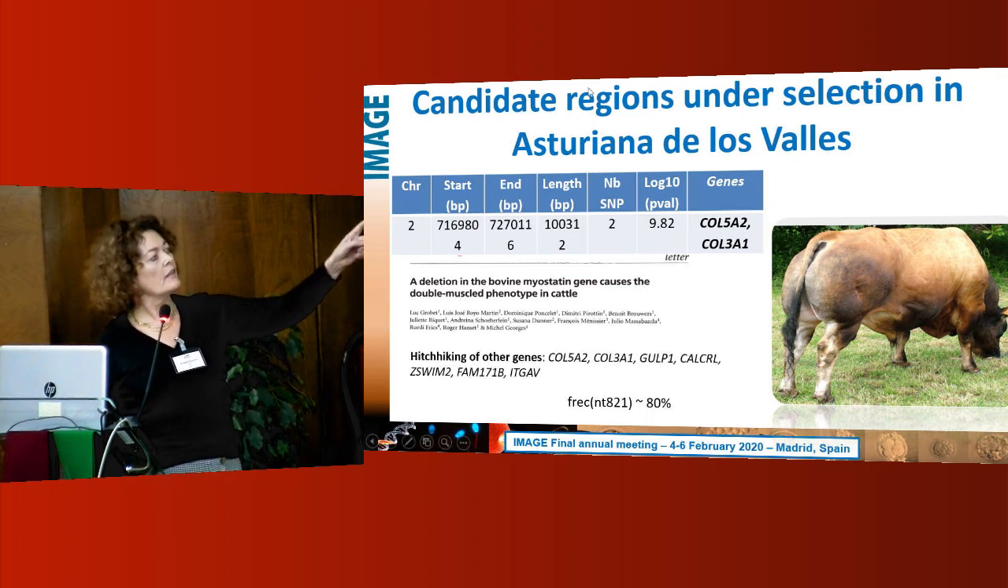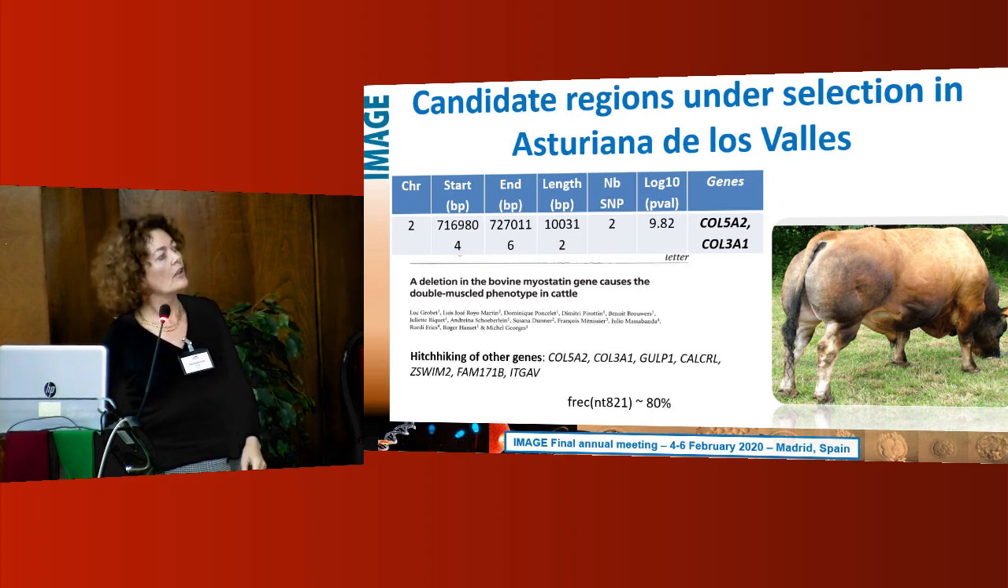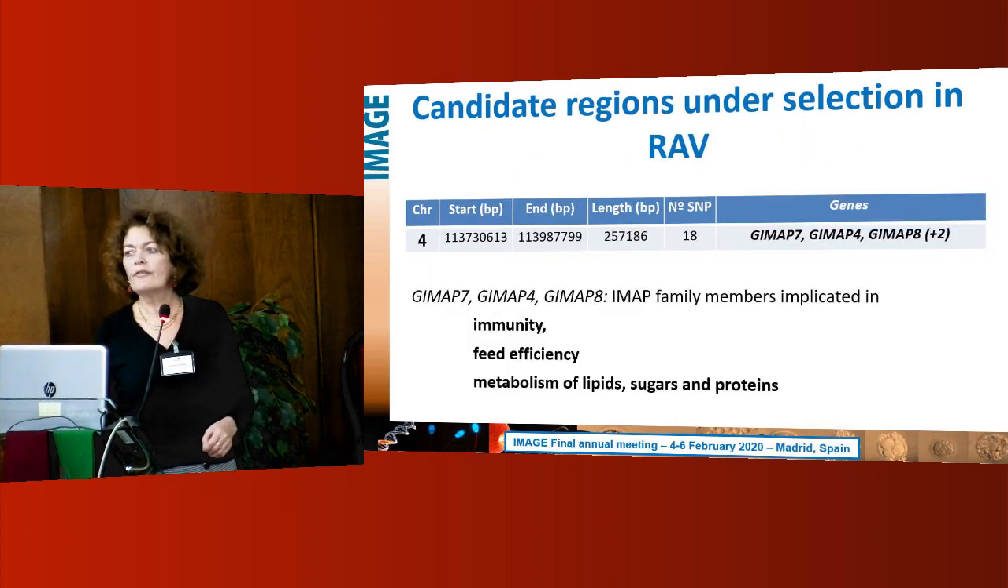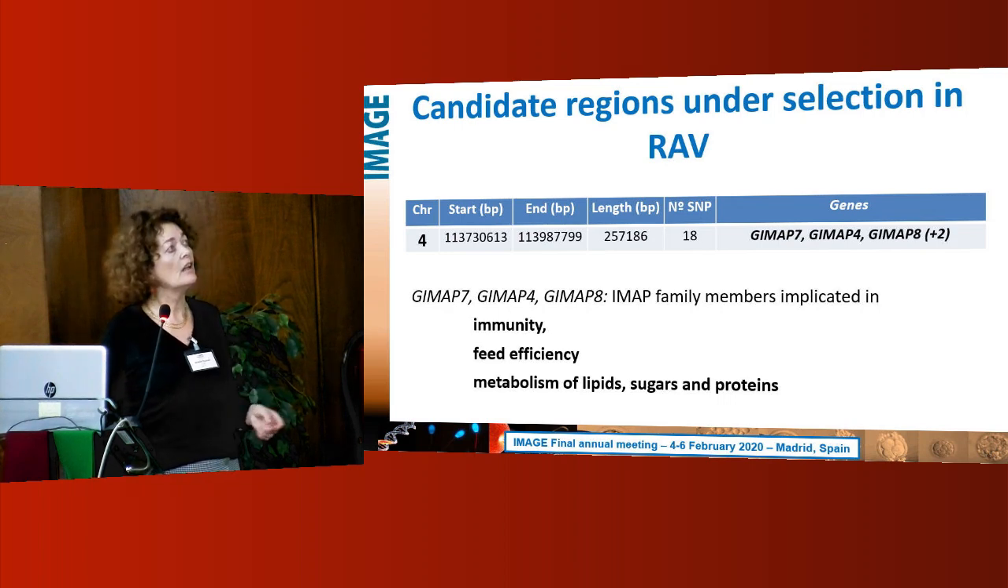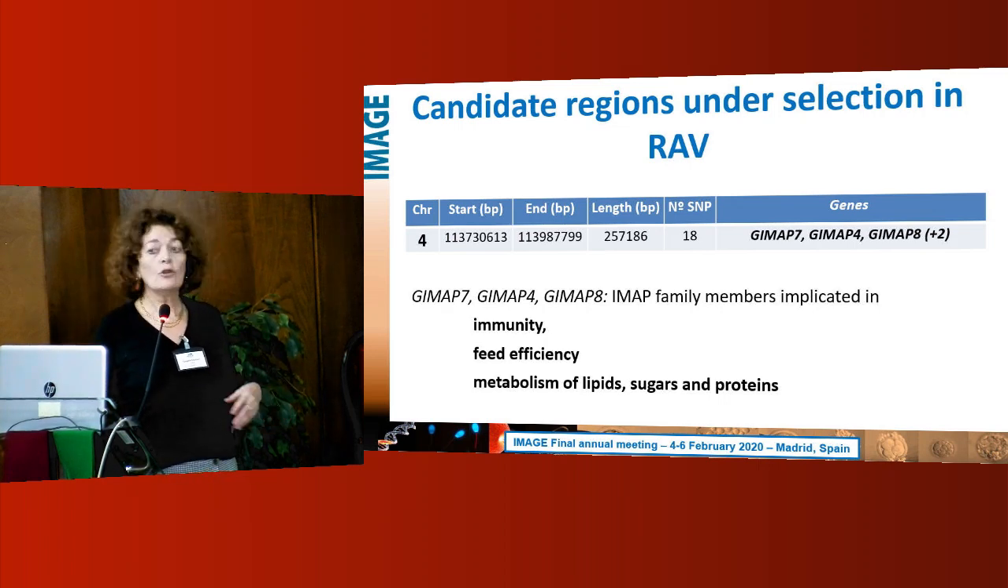So what we see here are all the other genes which are hitchhiked and which are in the region. Okay, chromosome 4. In chromosome 4, what we find is a cluster of genes of the GMAP family. It's a GTPase immunity family members, and they have been implicated in humans in immunity processes, and also they have